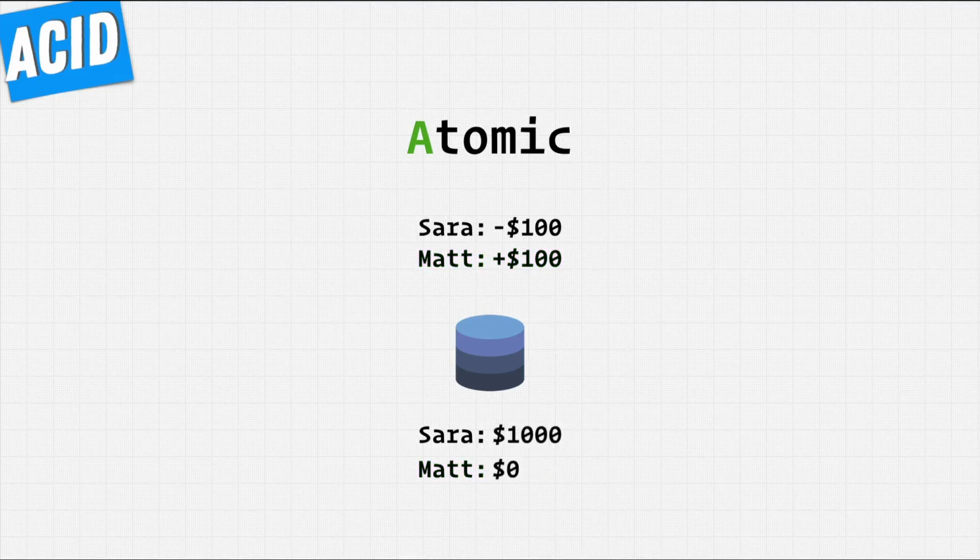But let's say that during this step, the first record, Sarah's $100, gets removed from her balance, going down to $900. But then when it's time to add the $100 to Matt's balance, the database encounters a bug. In this particular case, that $100 does not get added to Matt's account. For this database to be considered atomic, it must roll back all of those values that got changed to before this transaction began. So Sarah's $900 gets reverted back to the $1,000